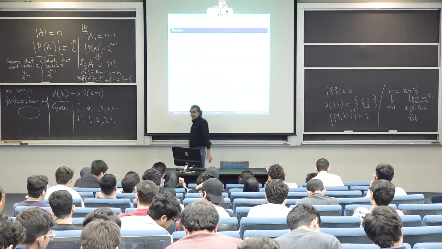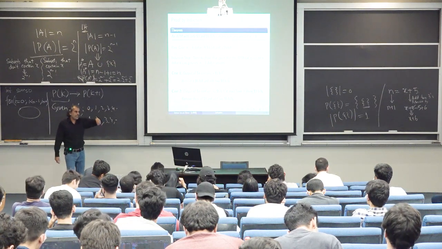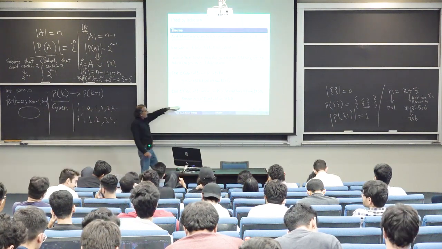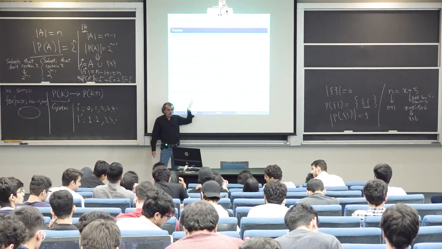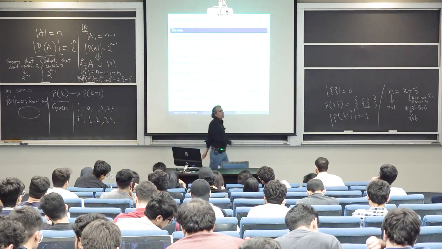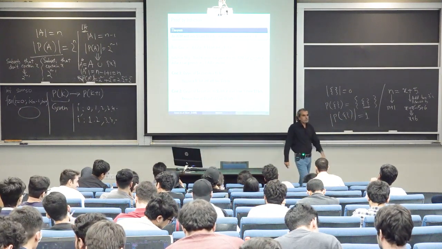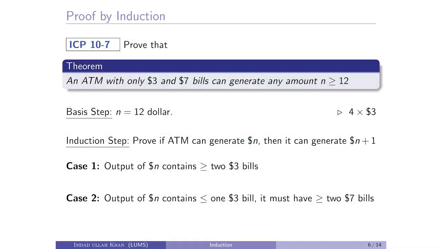Very good, right? Because if the $5 bill is not there, then it's guaranteed that it has to have 3 bills of $3. Their sum is 9. Remove that 9 and add 2 bills of $5. Yes? Make sense? Okay, now your turn.